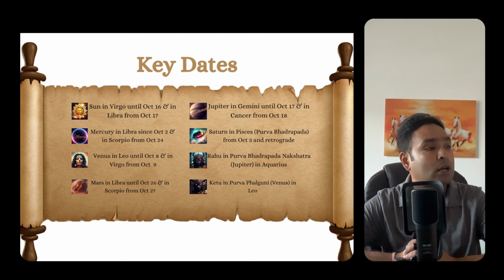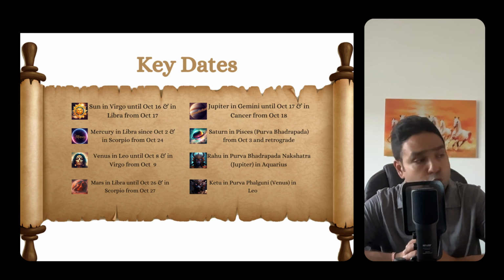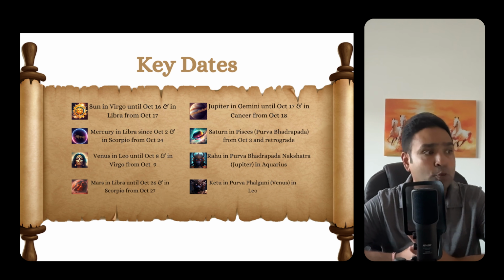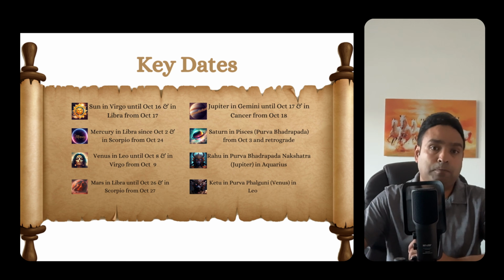So, pretty important movements as we can see through the course of this month, with Saturn continuing in the sign of Pisces. But it's important to know that in its retrograde motion, it is now going to be moving into the Purv Bhadrapada Nakshatra in the sign of Pisces itself. Then you have Rahu in Purv Bhadrapada Nakshatra. Again, both Rahu and Saturn happen to be in the same nakshatra. It is ruled by Jupiter. And this is going to be interesting because Saturn's retrograde movement is bringing it much closer to Rahu at this point in time through the course of this month, whilst Ketu continues in its Purva Falguni Nakshatra, that of Venus itself in the sign of Leo.